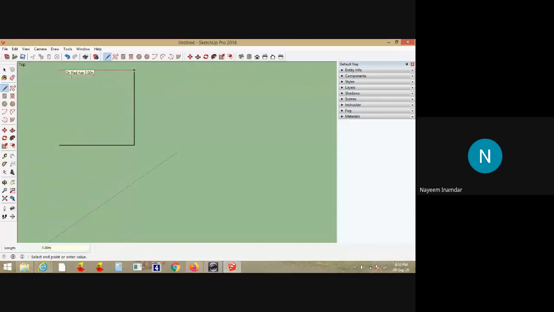And again parallel to the x-axis, 5 meters. 5, enter. You can just join the lines. Now you can see this has become a closed loop, and the inside is appearing with gray color.